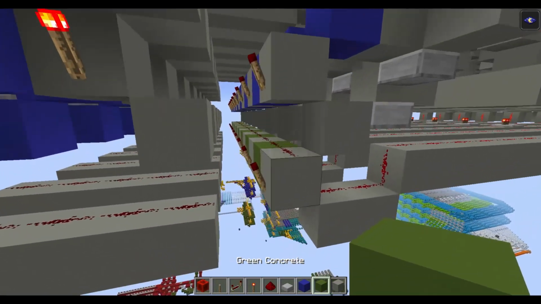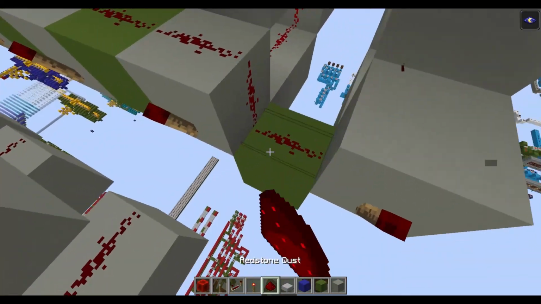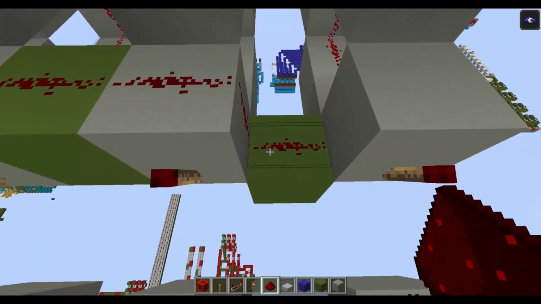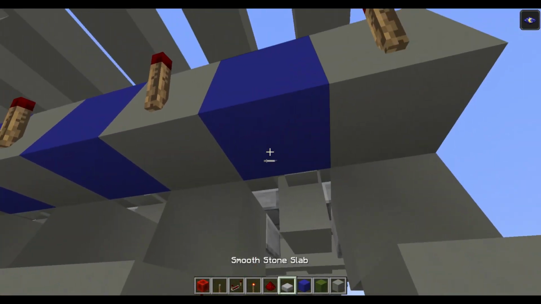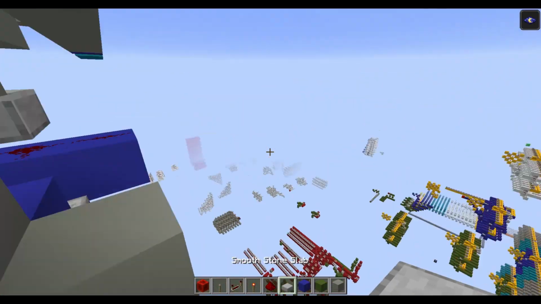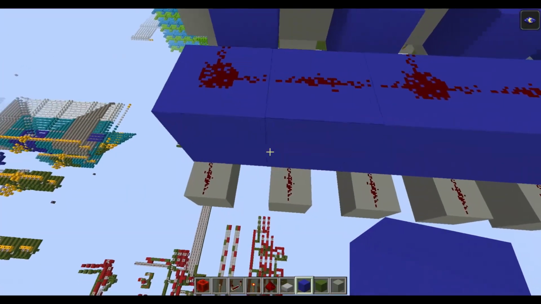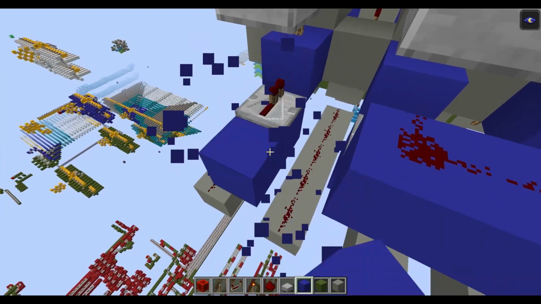Okay, now let's modify a bit. So here we need the signal because of the length of the signal. So let's do this. Also here, it's a bit difficult.